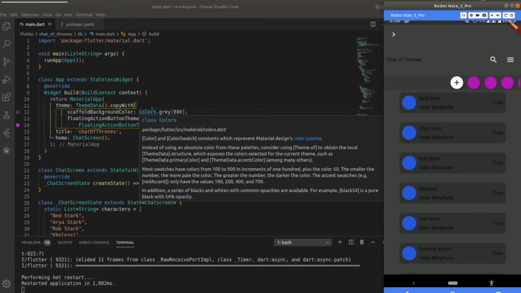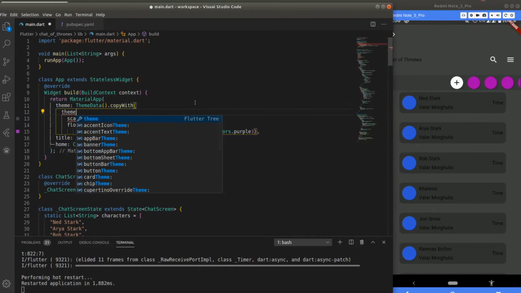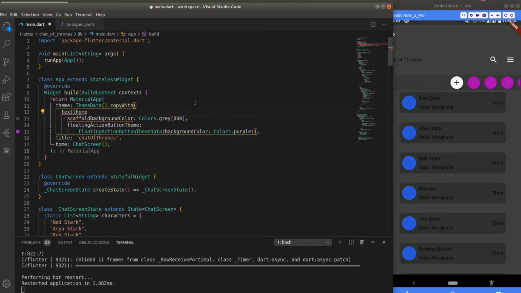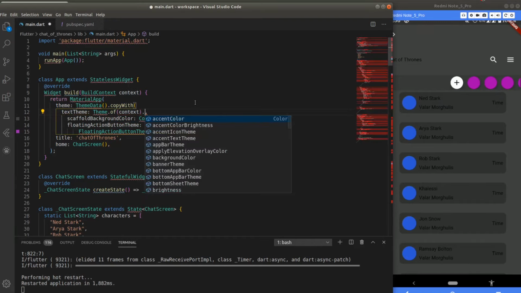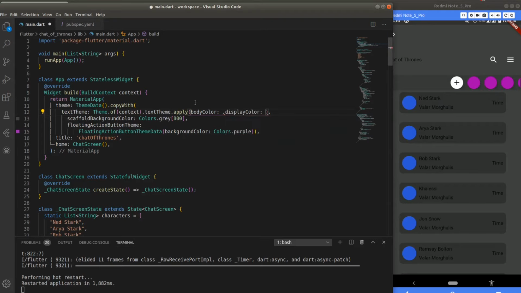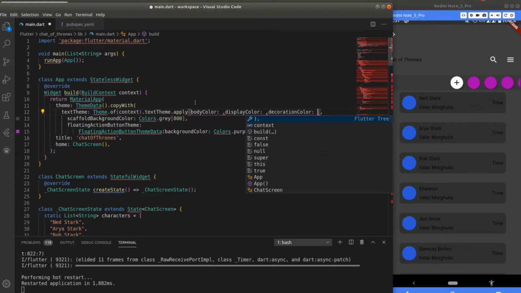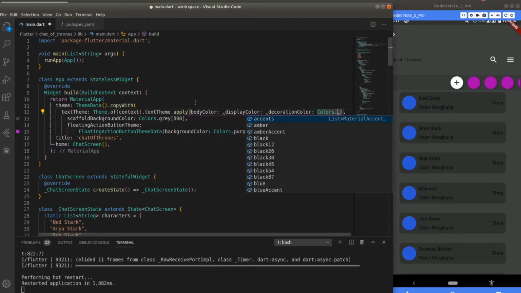So for changing the text theme, in this theme data, we can use this property, and we are gonna write Theme.of, dot textTheme, dot apply, and then I'm gonna give in a body color, another thing is display color, and one more thing is decoration color. These three things I'm gonna give as white,